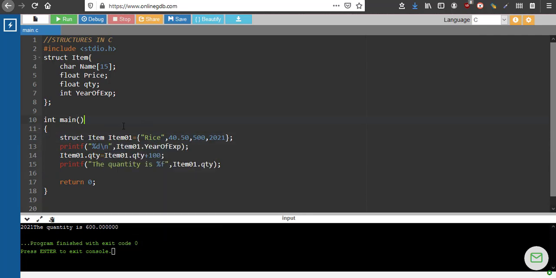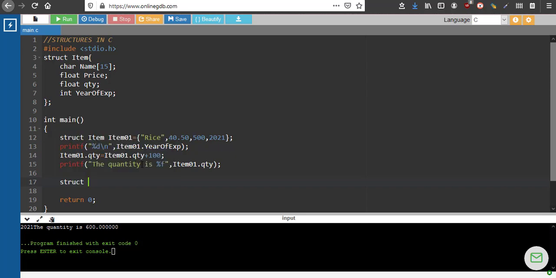So you have learned how we declare an item and how we store values in the item. One way of storing values is when you are just declaring and defining it, and only then you initialize it by giving some values. You can change values. You can also create without giving values directly like this. For example, you can just create